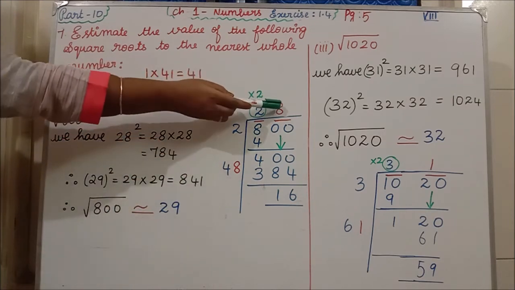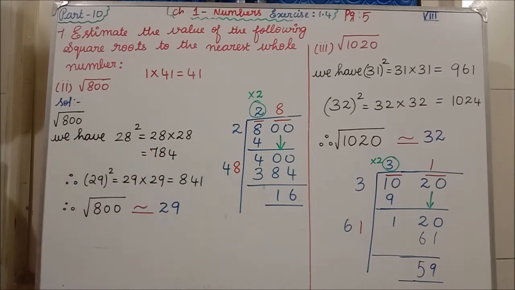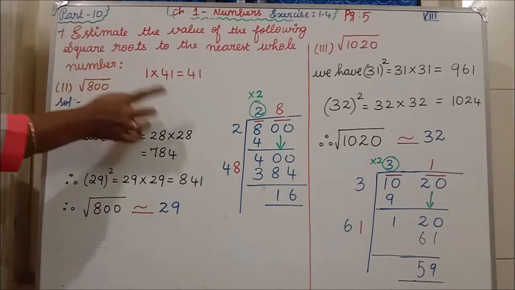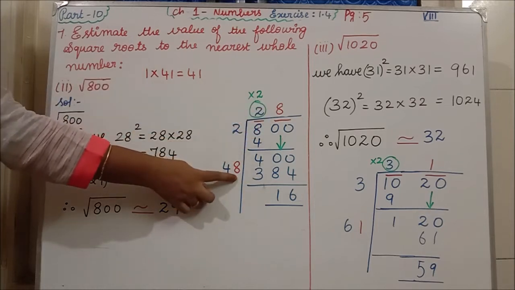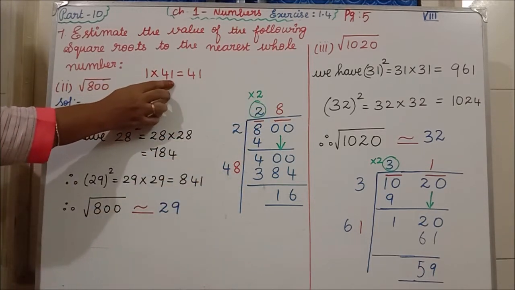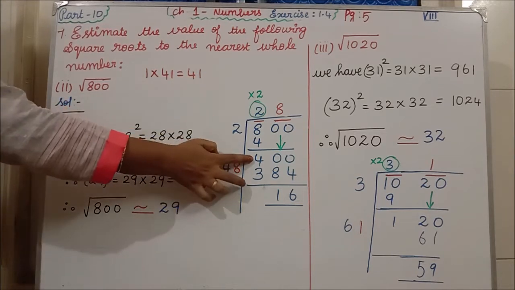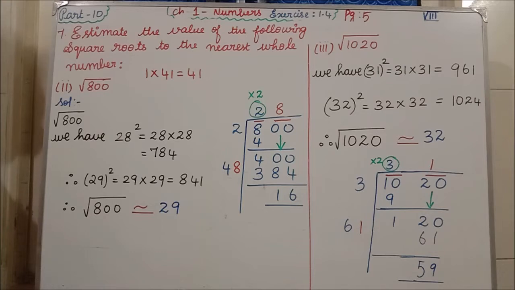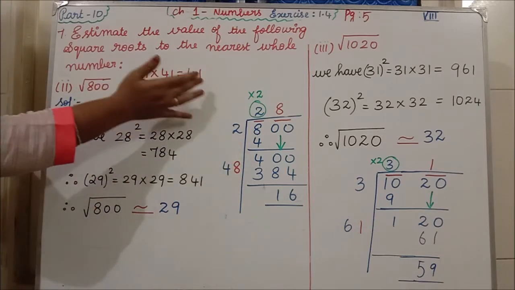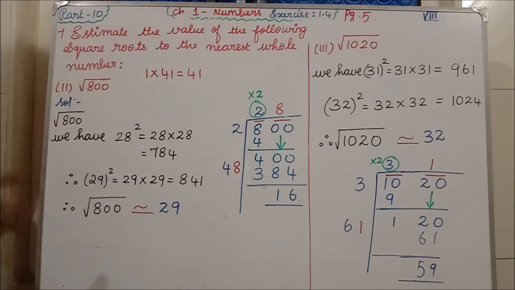Now what number are you writing here? The same number here also you have to write, I told you. Isn't it? See, if I write here 1, the same 1 I have to write here. So 1 into 41, if you multiply, what will we get? 41. But we are having here 400. So will 441 come near to that? No.